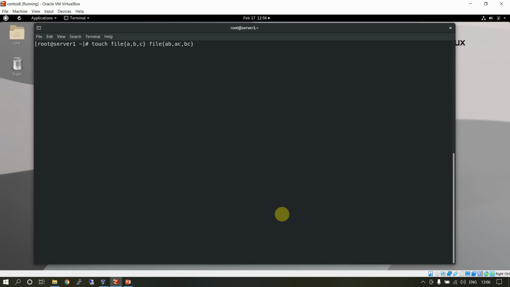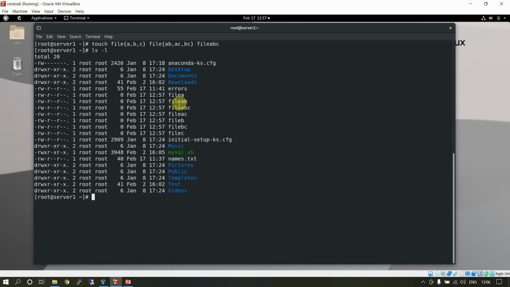This is another set of files, and I also touch file abc. So what will happen? ls -l, what all files are created? File a, file b, file abc, file ac, file b, file bc, file c. All files are created.